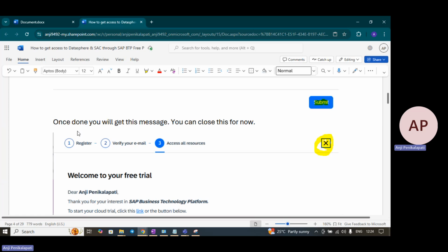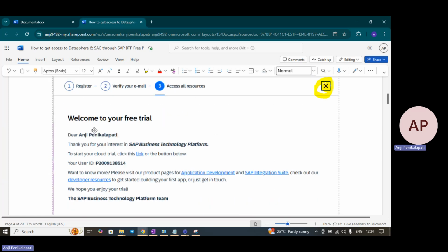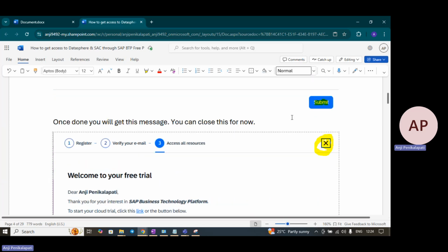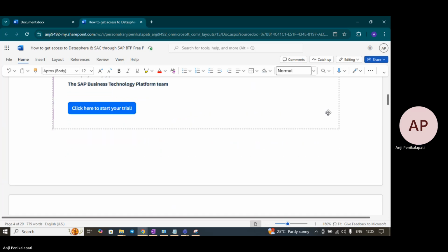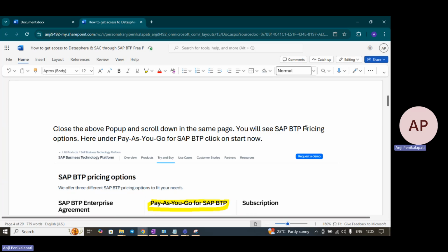Once done, you will get this message. You can see here it is asking you to log in to your BTP trial account, free trial. You have the link, but at this point, just close this window. Don't log in. I'll tell you why later. Just close this. And on the same page,